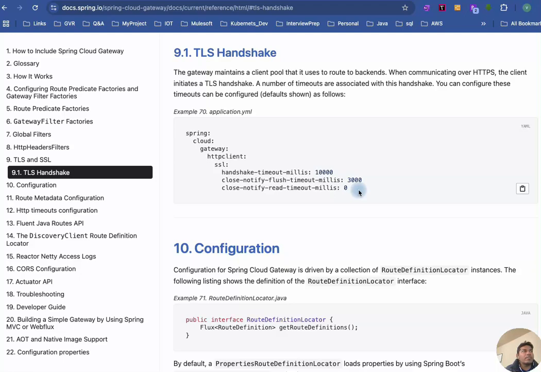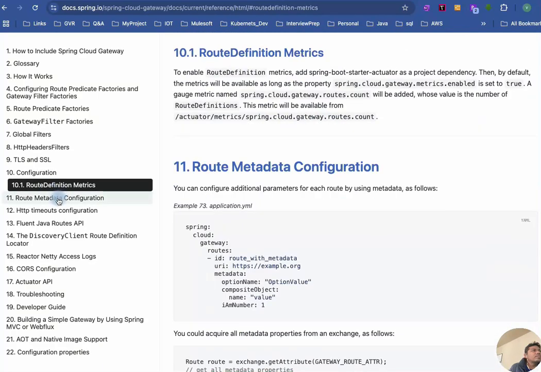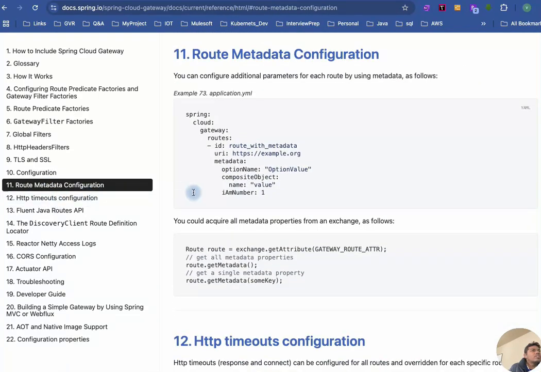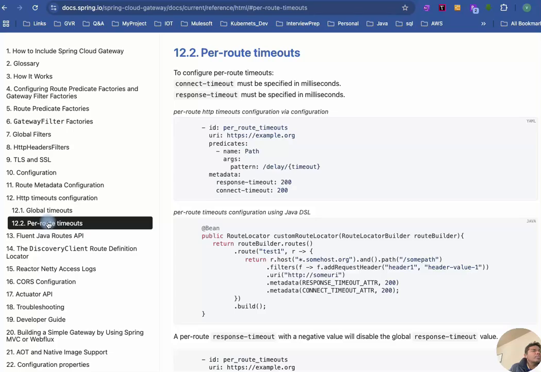That's what this configuration is about. Any configuration. Omitted it. Again, so these are global timeouts, per-route timeouts,